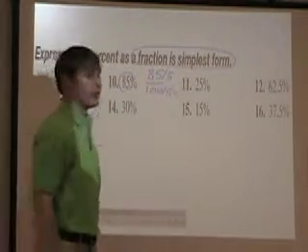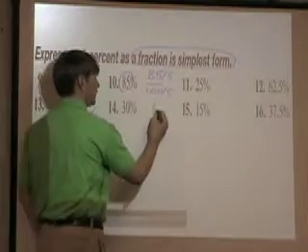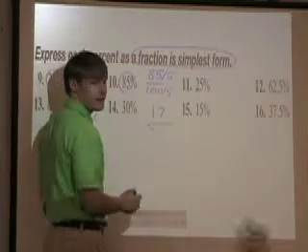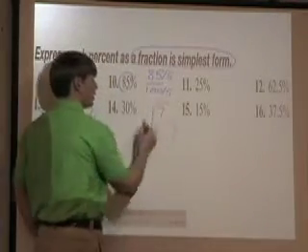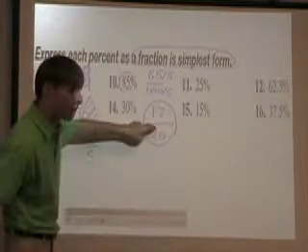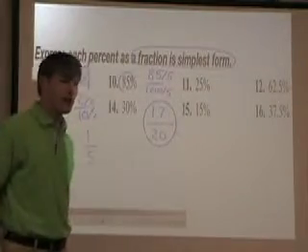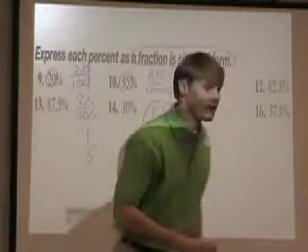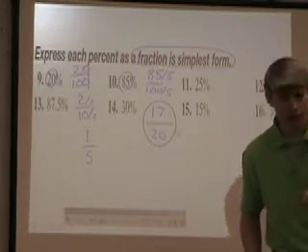Someone raise your hand and tell me what 85 divided by 5 is. 17. And tell me what 100 divided by 5 is. Stephen? 20. So I just turned the percentage 85% into a fraction by first putting it over 100 and then simplifying. So we learned how to make a fraction into a percent and a percent into a